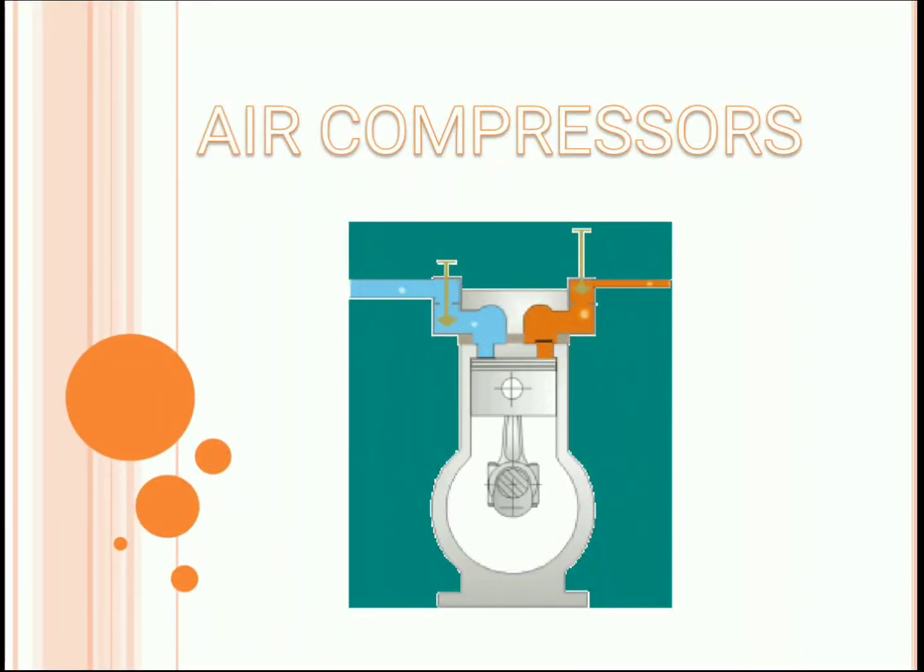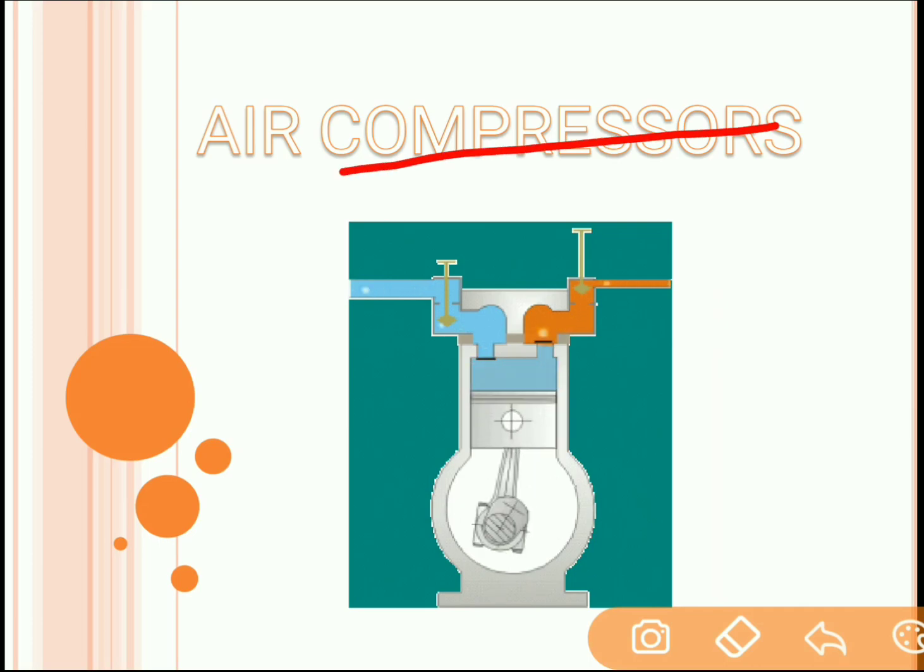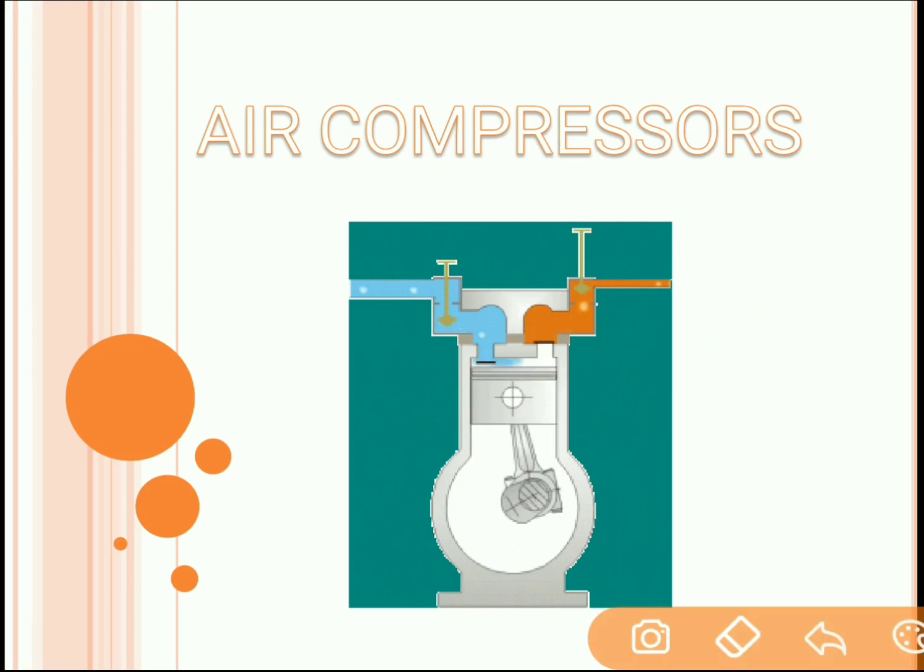Hello everyone, in this video lecture I am going to cover basic concepts related to air compressor. First of all, we need to understand the term compressor. Compressor is a kind of a device which is used to increase the pressure of air. As you see in this animation, compressor consists of piston and the cylinder mechanism. This piston is connected to the crank via connecting rod. As the crank rotates, piston will reciprocate.